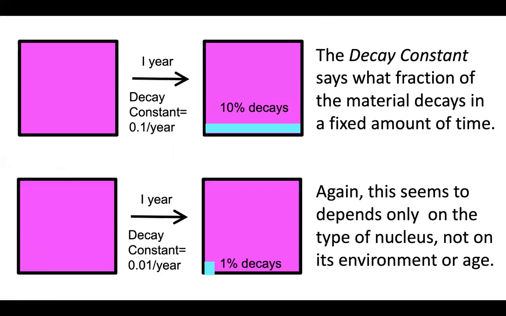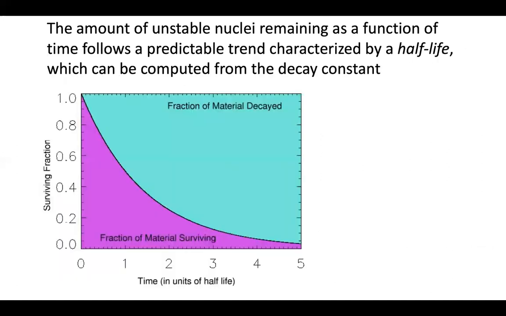It indicates that there's something fundamental about this time constant. And I want you to keep that in your mind. Now, this is one way to explain how the amount of material changes over time, but it's kind of a snapshot. The other way that we describe how this material decays is in terms of this quantity known as a half-life, which has crept into a fair amount of popular literature.